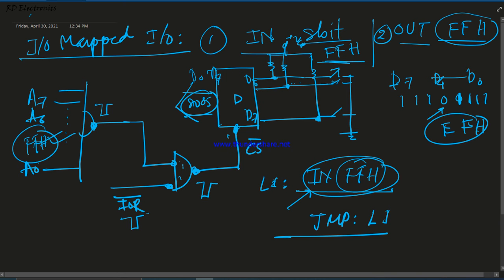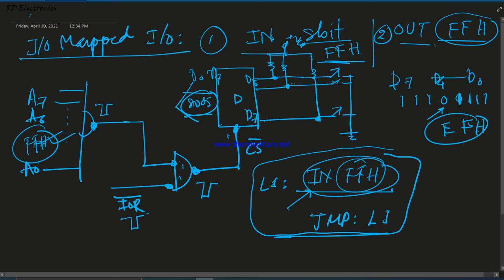When the switch is pressed we don't know about it, so that's why we use a loop here. When any switch is pressed, the corresponding data format is stored in the accumulator. So this is a very small segment of code which is used to store the status of the switch in the accumulator. So this is the IO mapped IO hardware technique which is used by the IN instruction.